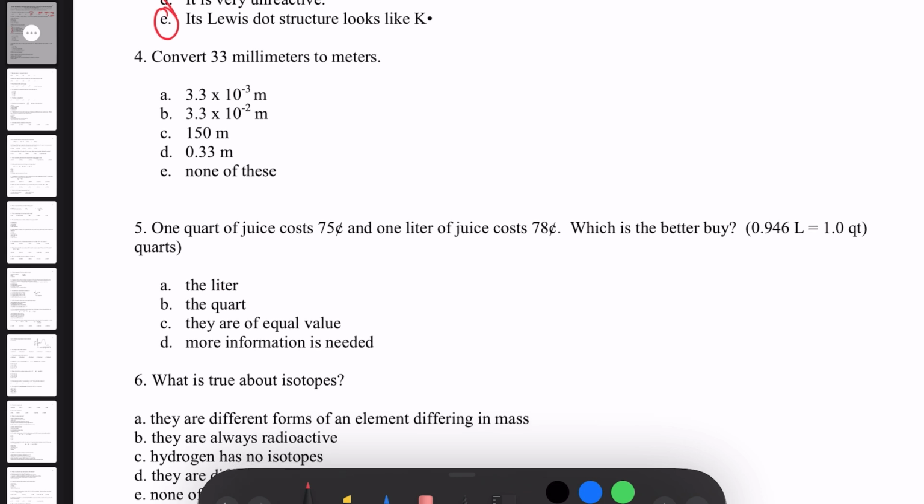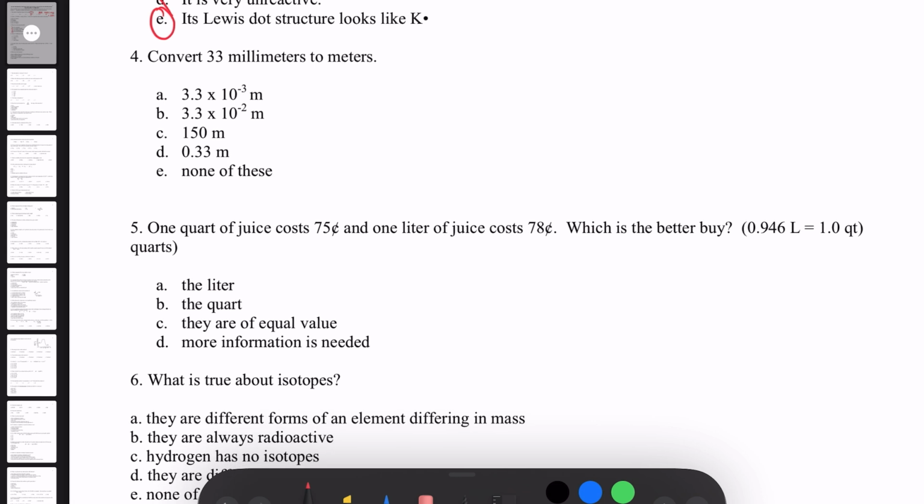Okay, millimeters. So this is again conversions. I'm going to go over it very quickly because I'm going to make a video later on explaining it in more detail. But millimeters to meters, not super hard, but we're also going to have to learn how to do scientific notation, and we can use this problem to go over that very quickly. So 33 millimeters